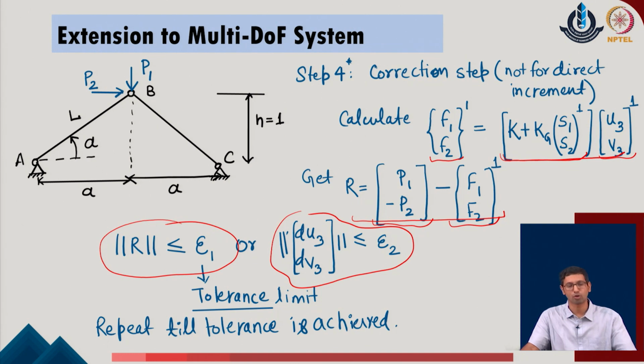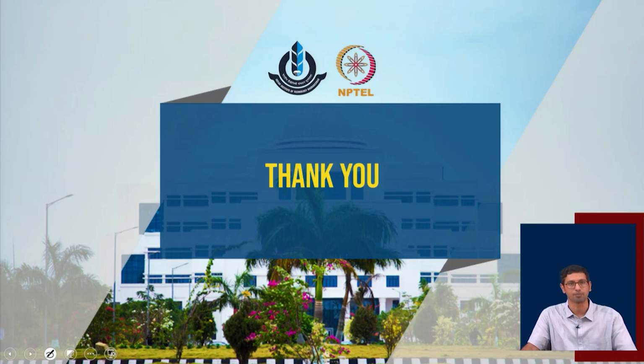So, with this part we have now covered the general description of the method which can include the geometrical stiffness in the given system and do the full scale analysis for the multi degree of freedom system using the Newton-Raphson scheme. Now, once we are done with this part, we will briefly move ahead with the idea of buckling in the given system, so that we can conclude the discussions on the geometrical stiffness and the geometrical nonlinearity of the given system. With this, we stop over here. Thank you everyone.